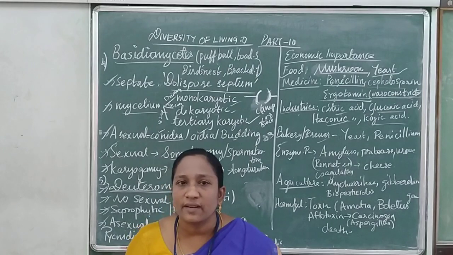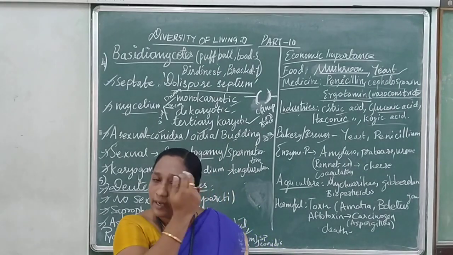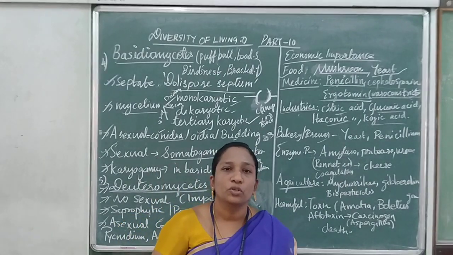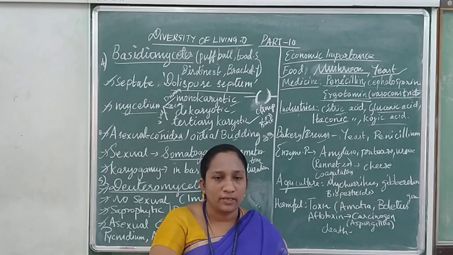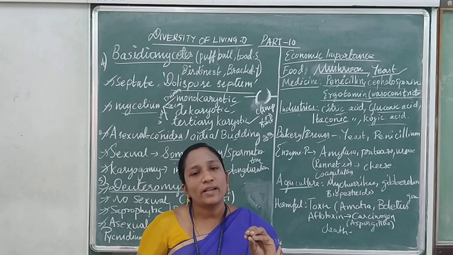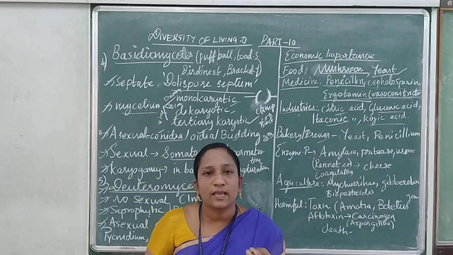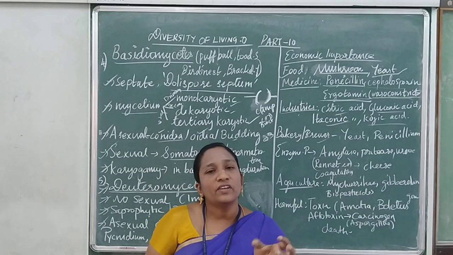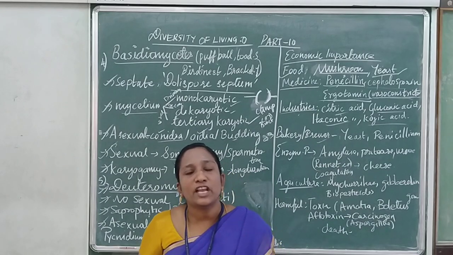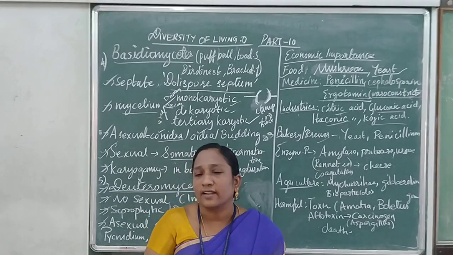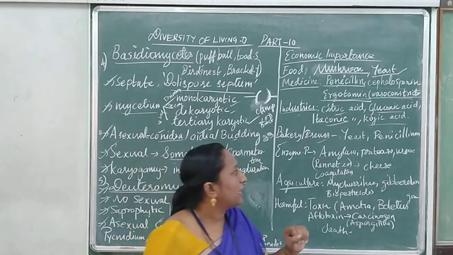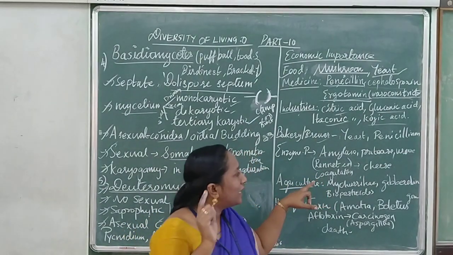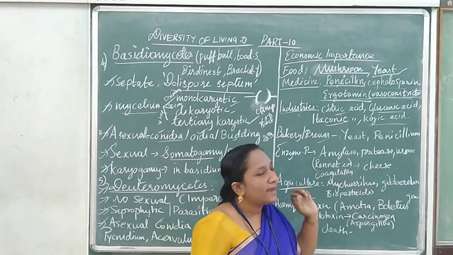What is coagulation? For example, if you are making an omelette, what will you do? You will break the egg and pour the yolks in the hot pan. No? So what happens immediately? When you pour it, it is jelly-like. After that, within a few seconds, it will change into a semi-solid state. So that semi-solid nature is called coagulation. What is it called? Coagulation. That coagulation is done by the enzyme called Rennet enzyme.